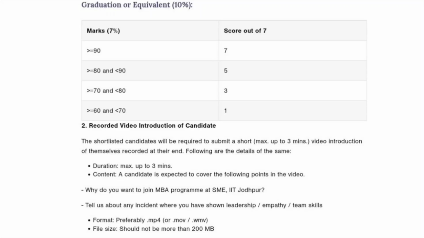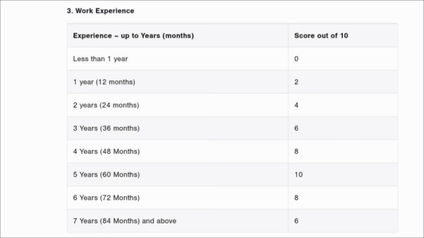And in that, a candidate is expected to cover the following points in the video: why do you want to join the MBA program at IIT Jodhpur, and any incident where you have shown leadership, empathy and team skills. Then if we consider the overall score for the work experience,